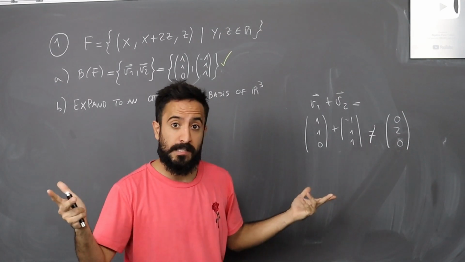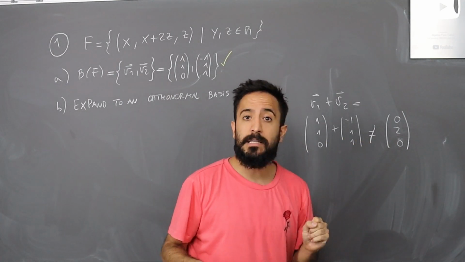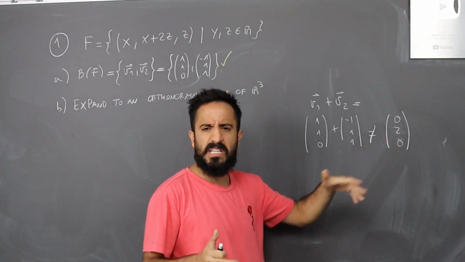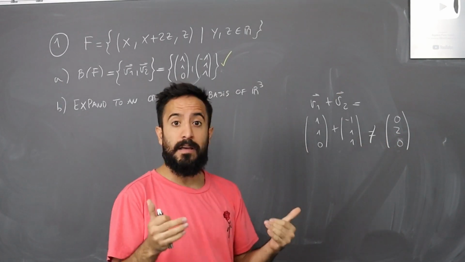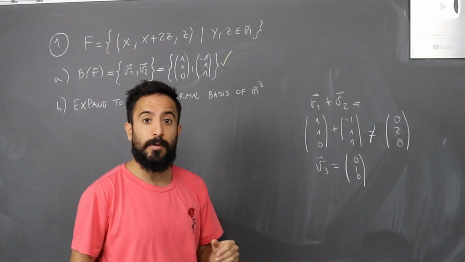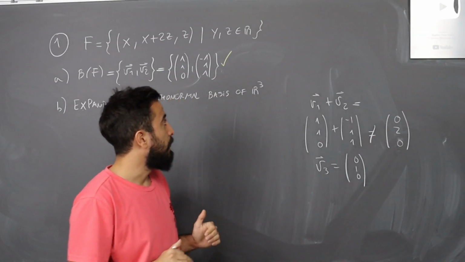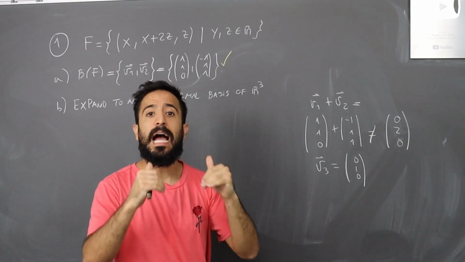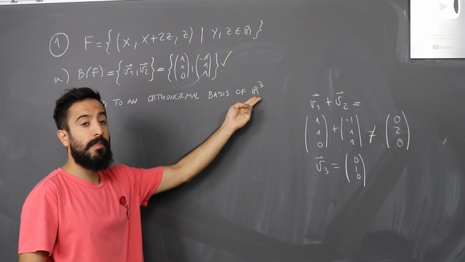So this trick is fast. I have a linearly independent vector. But now I'm going to change it a little bit. I don't want this 2 here. I'm going to divide it by 2. So my third vector is going to be 0, 1, 0. So if I take the 3 vectors, b1, b2, and b3, I will have a basis of R3.